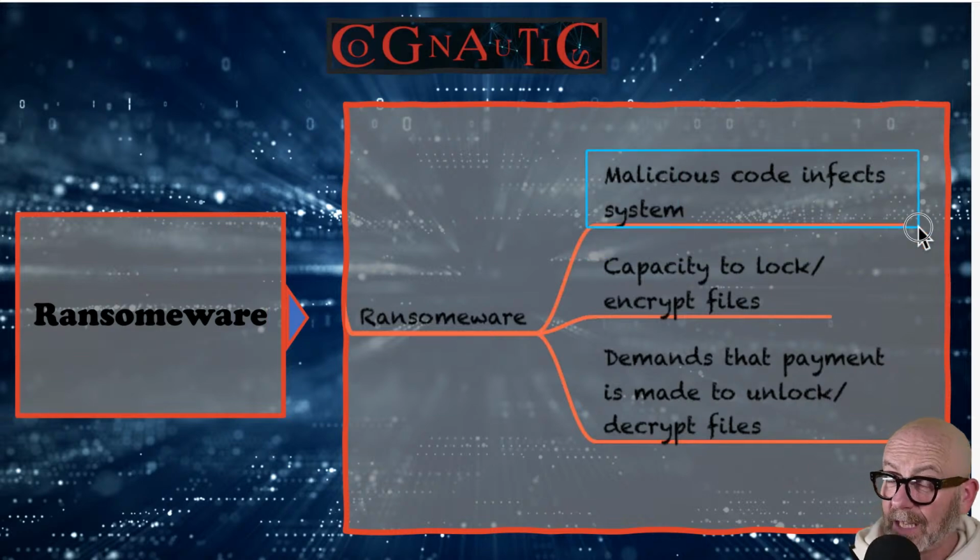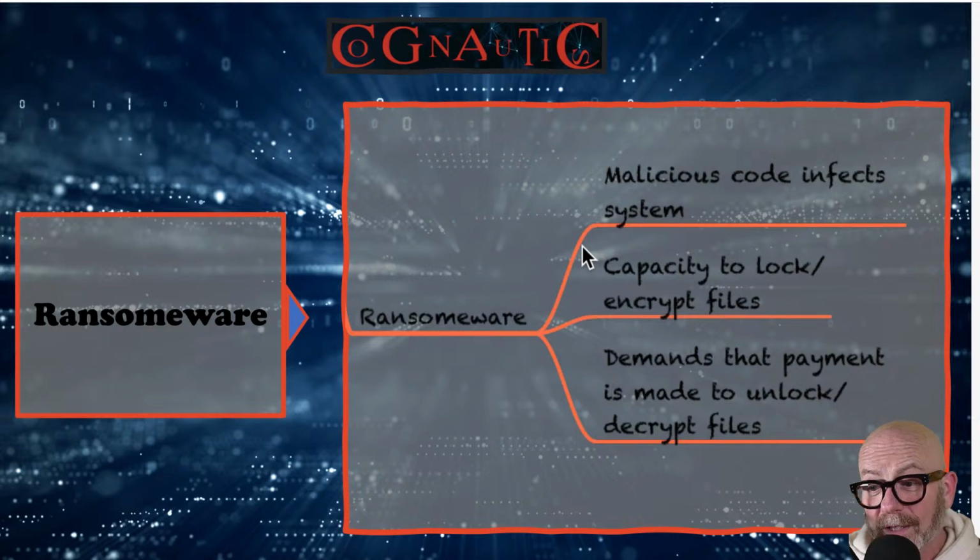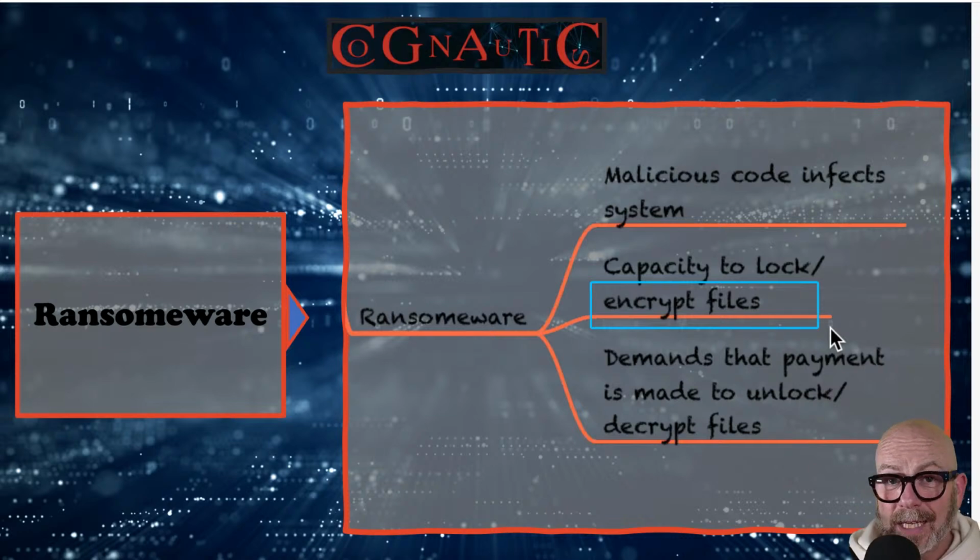You can think about that for all three we've done so far. Virus, worm and ransomware, and adware, same thing. Malicious code designed to infect your system. What does it do? It can lock and encrypt your files. Locking and encrypting are the same things, okay? So it means that you are no longer able to access your files because your files have been encrypted. They've been locked. So you need to actually pay them money to get the password to unlock